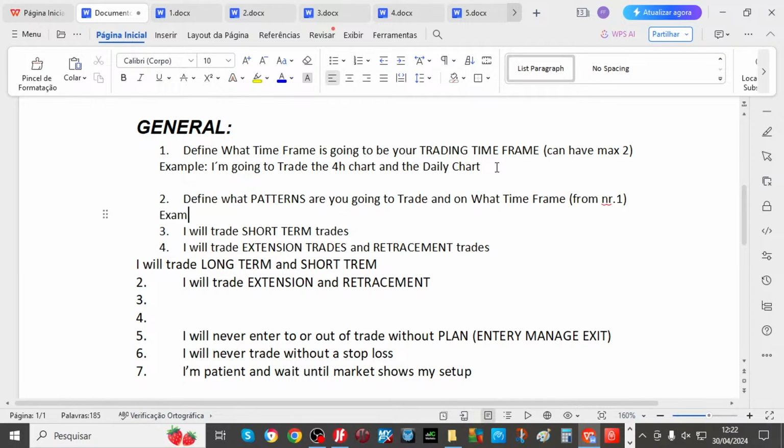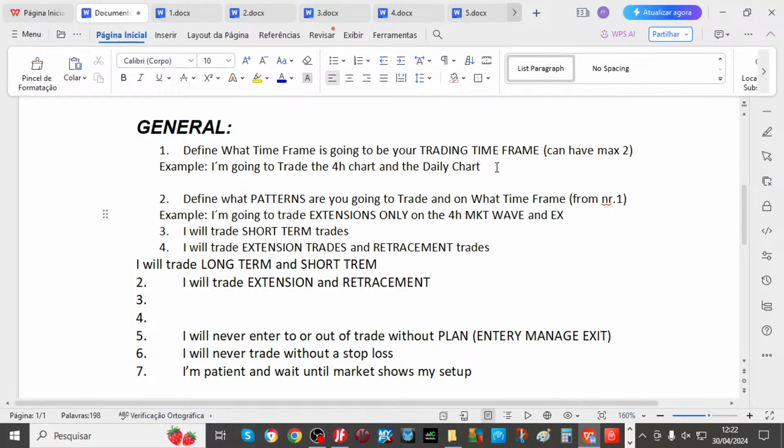Example, just an example. I am going to trade extensions only on the 4-hour market wave